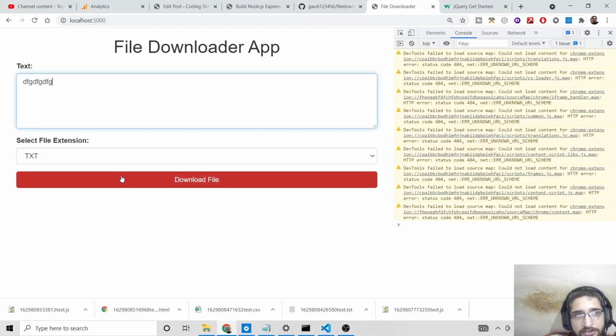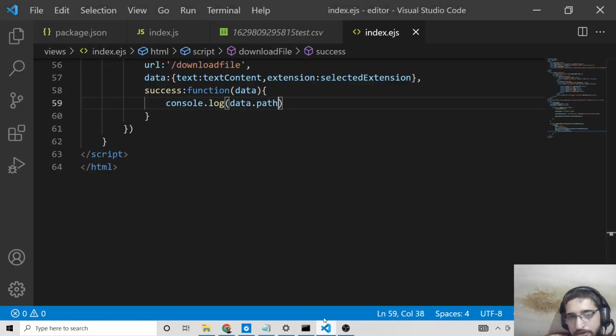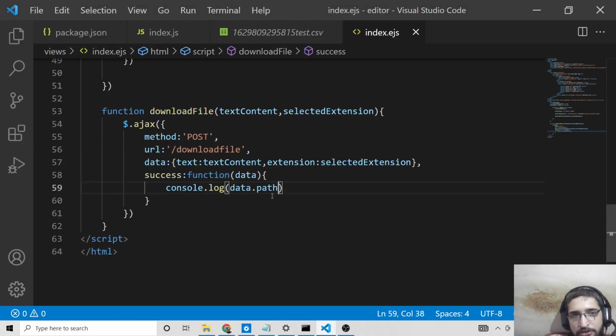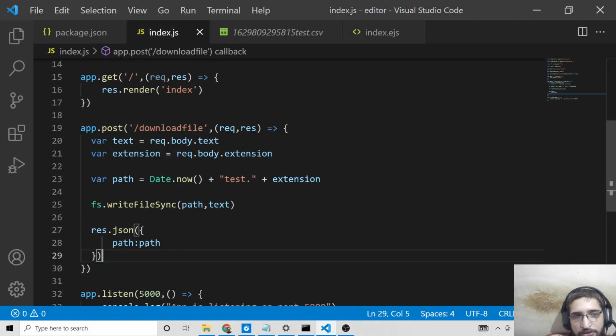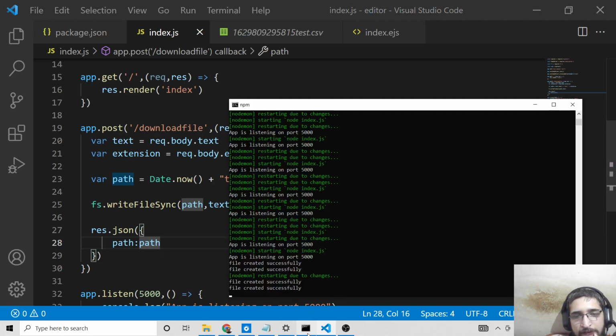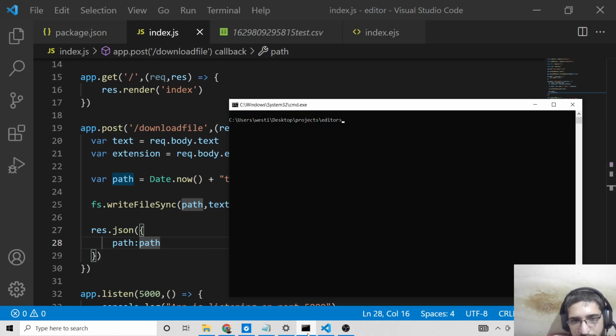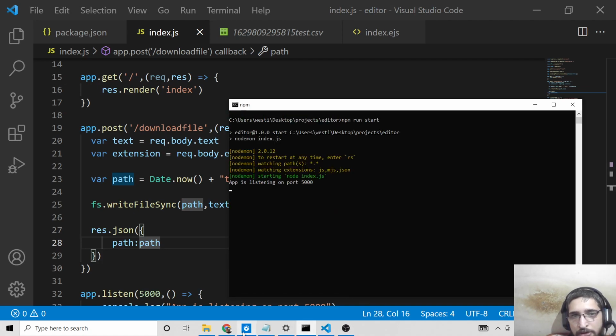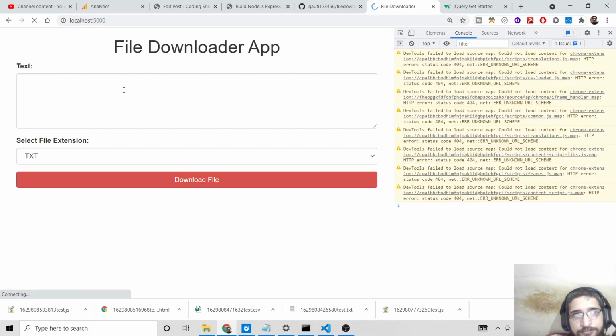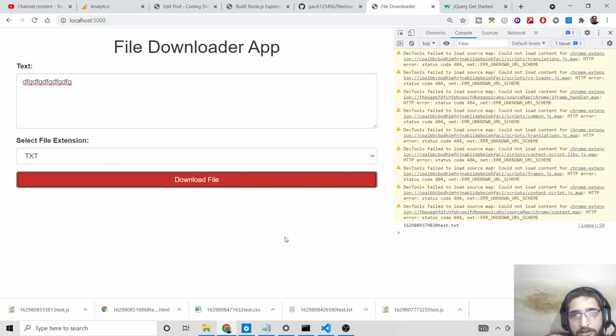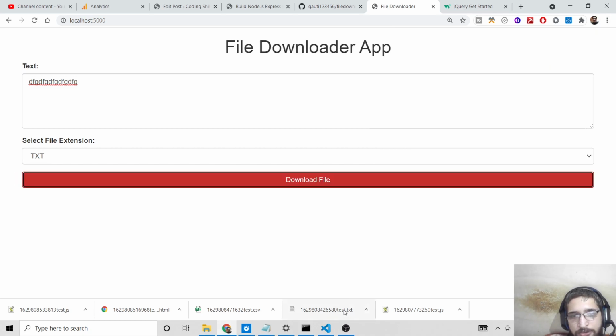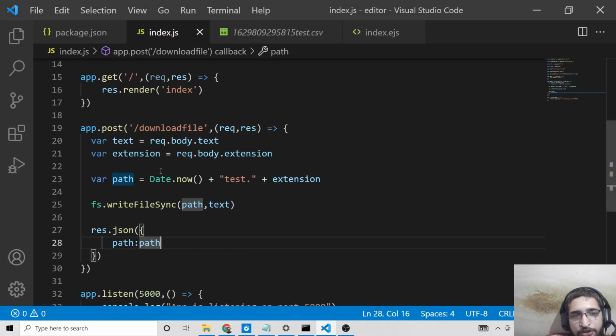If I once again run this, click on download file, let me just see guys, response.json path is equal to path. So let me just rerun the application. Click download file and you can see the path is returned to us inside the console here. Now we simply need to download this file using this path.